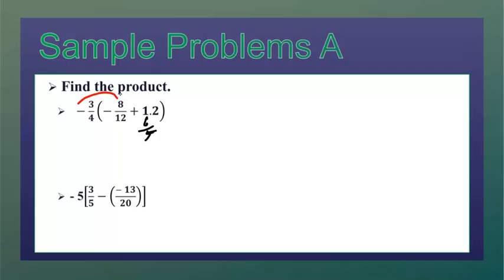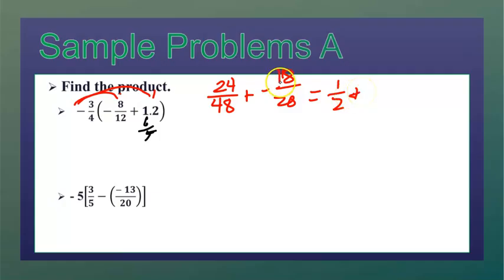This would give us 24/48. And then negative 3/4 times 6/5 would be plus a negative 18/20. So if I simplify that, 24/48, that's half,